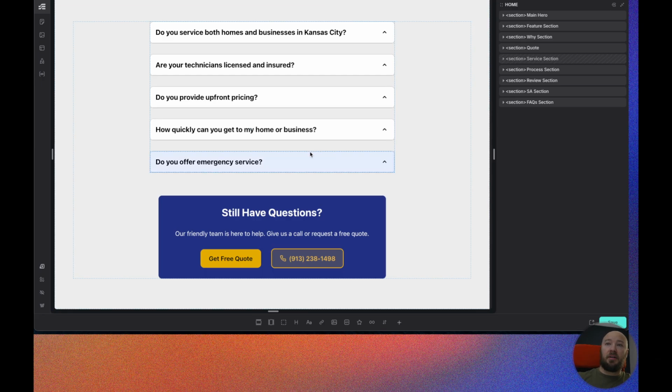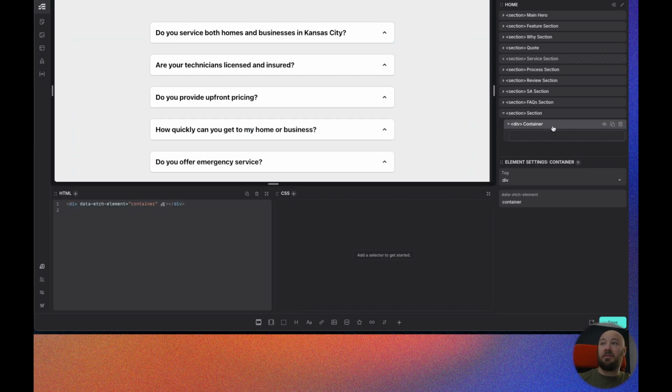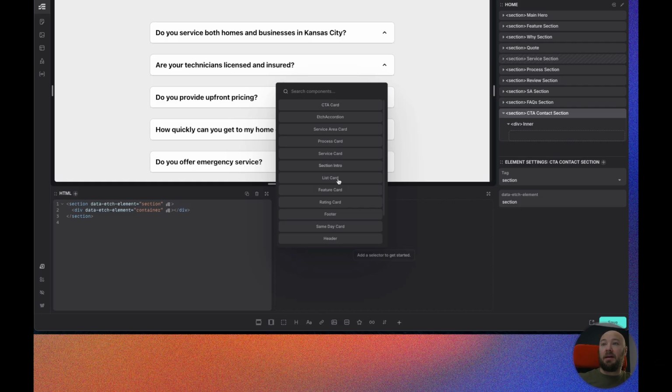All right, I'm going to scroll all the way to the bottom, add in a new section. We're going to call this CTA contact section. I know it's a little bit long, but I want to differentiate it from maybe when we get to our contact page. Inside here, going to add in my